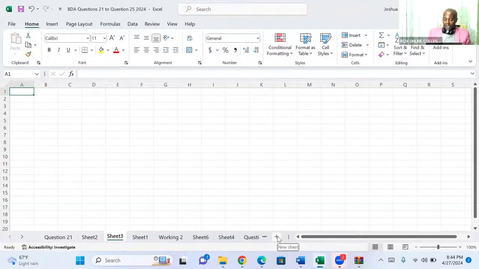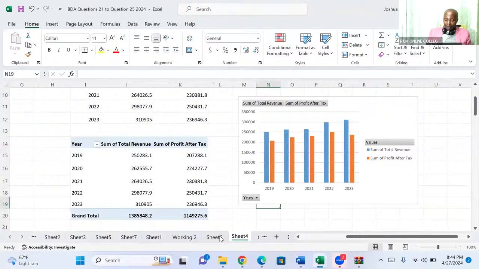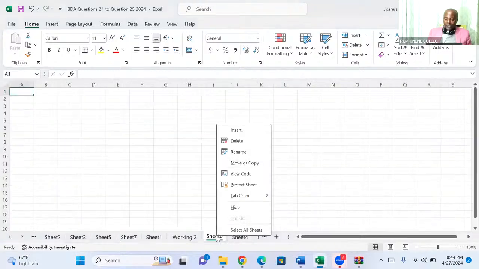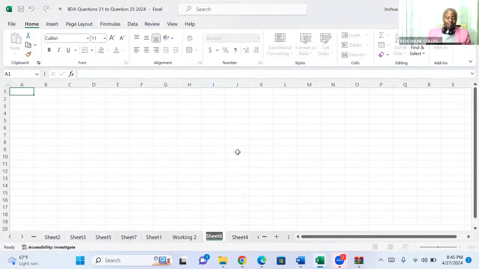Once you right click here, sorry, this Excel is misbehaving. Why? That happened in so many sheets, but we should overcome. Once you right click here, for example, on this Sheet 6, you should be able to rename. So I'm renaming this to dashboard,